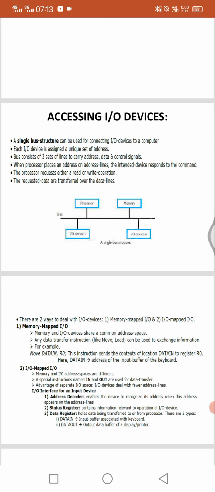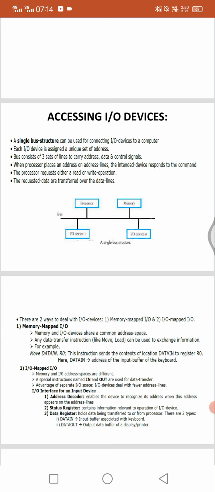In order to get the data, we compulsorily require an address. That's why, when a processor places an address on the address line, the intended device responds to that command.